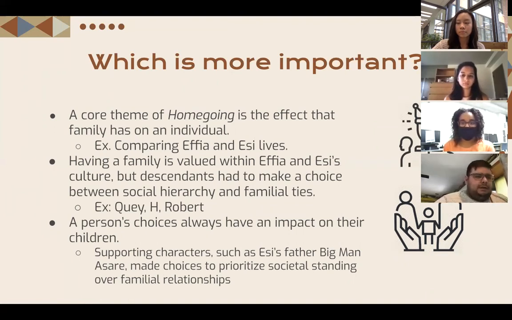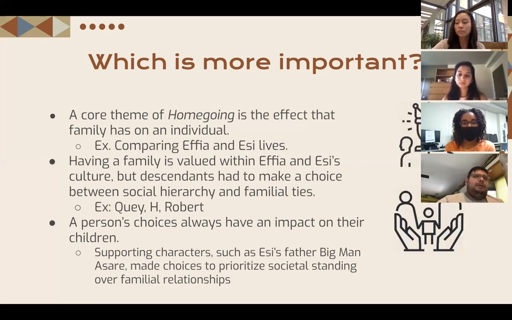Yeah, I definitely feel like this is a prevalent theme throughout the book. The choice that characters have to make between their own wants and relationships versus what might be best for their family or what would be better for social standings. So if we look at Quey or James, Quey in particular decided to forgo his own wants in a relationship to marry someone of a higher birth. That way it would